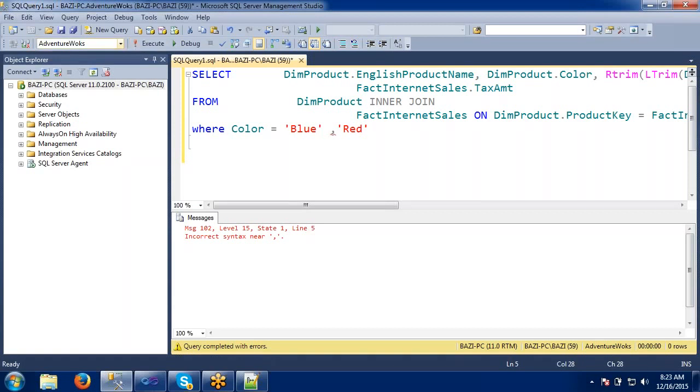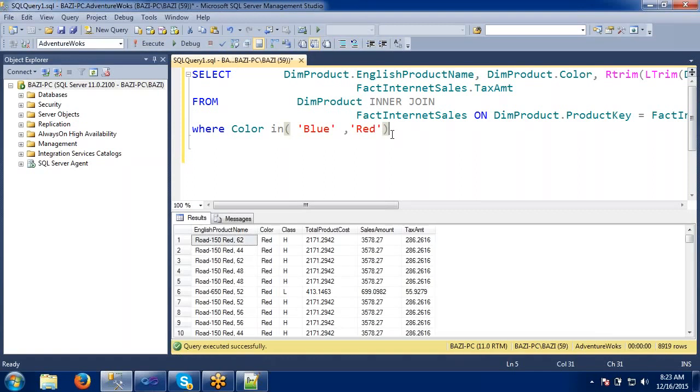So how can I do this? Simply, if you remember in the SQL class, we have given the scalar inputs. Simply go in. Now it is working. Why? Because with where color in, I can pass multiple values here.